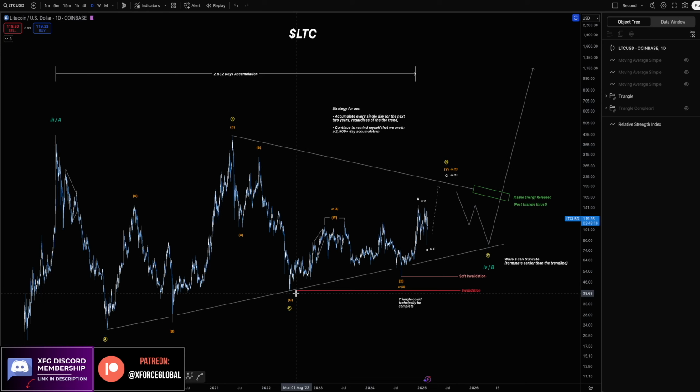The integrity of it, I think, is just lagging in the sense that it may be creating the same type of accumulation pattern over the past 7 years or so, that we are going to have eventually a strong major move out of this BD trend line, just like we saw for XRP, where the energy is going to be released, and we're going to be seeing how this post-triangle thrust is going to be measured using the widest part of the triangle in terms of where we can find our targets.